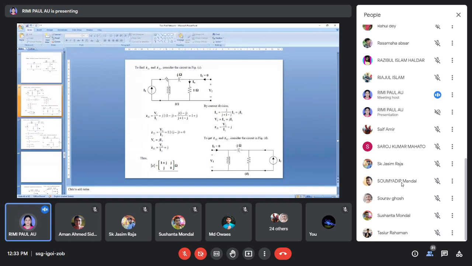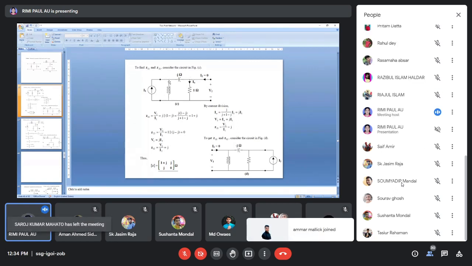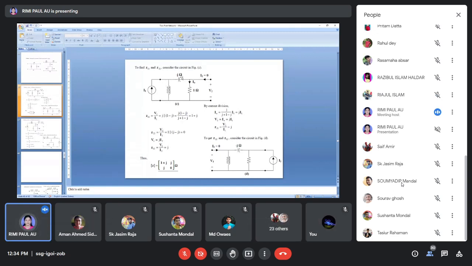So what is V1? If you can find V1 and VB, and VB is equal to V2, then you can find out the current also. But I think it is better here to find the impedance and then apply the current division rule, otherwise it will become complicated. So find out the impedance, check whether this impedance is right or wrong, then apply the current division rule and check whether this answer is right or wrong.